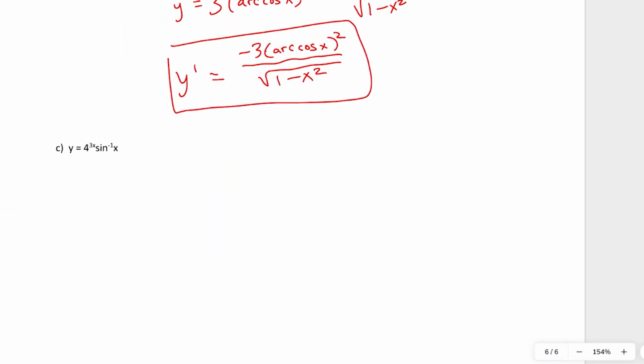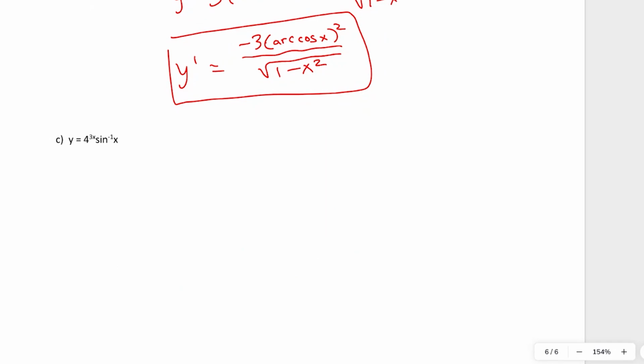And finally, we got C, where we've got a product. So we're going to have to use product rule. We've got a little chain rule embedded in there on that first term because of the 3x. So let's knock this one out. So this is going to be another long one, I think, because of the exponential. So y prime is going to be, let's start with the derivative of 4 to the power of 3x. So 4 to the power of 3x times the derivative of 3x, which is 3, times the natural log of